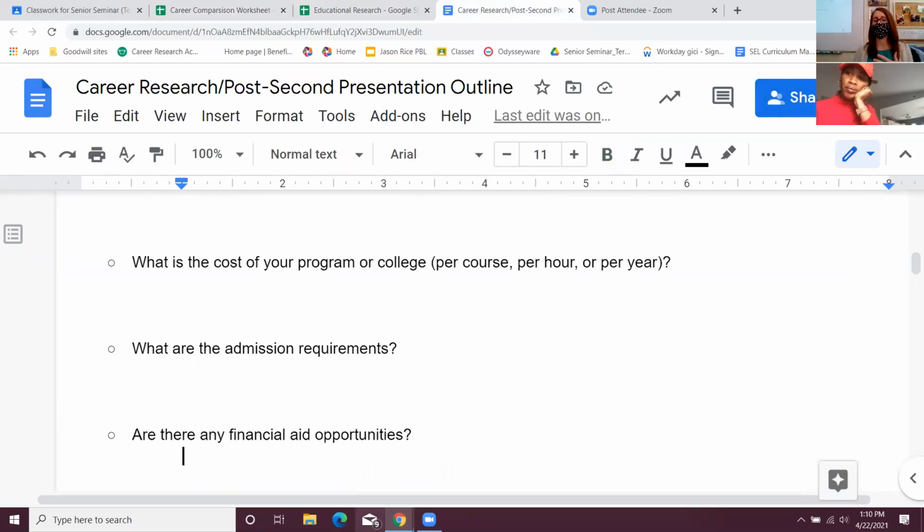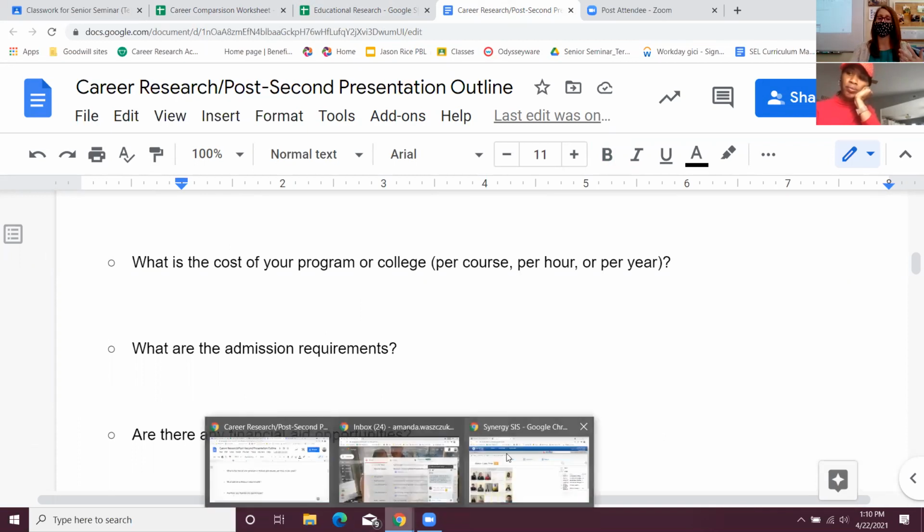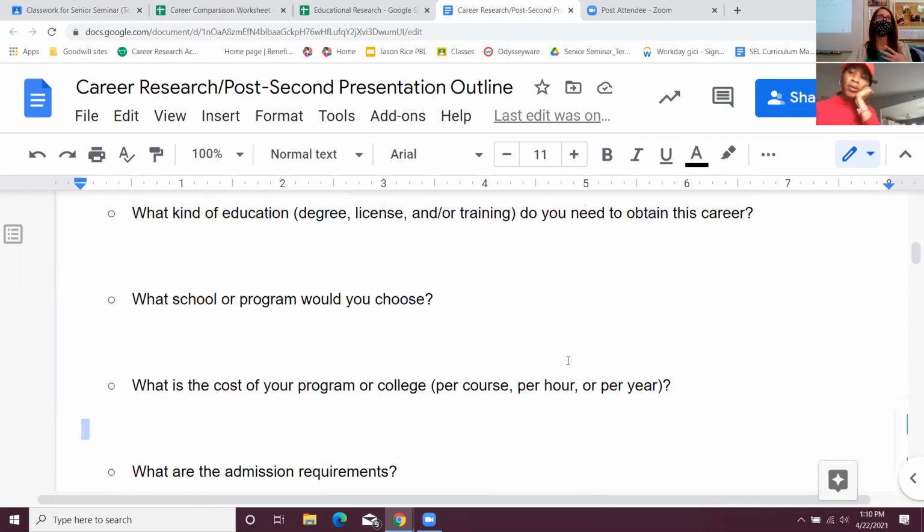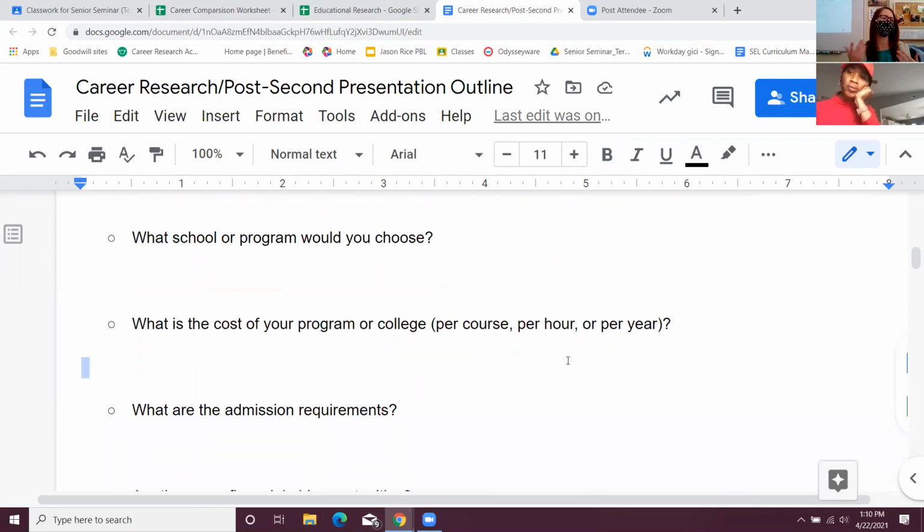I had a student go to beauty school, and she said, I don't know if there's any financial aid. You can apply for FAFSA if you're going to beauty school. Another student interested in photography found a local course in Lafayette that he could take to get better at photography. It might be a little harder to do your project, but if it's what you want to do and you're passionate about it, there's got to be some sort of educational growth.